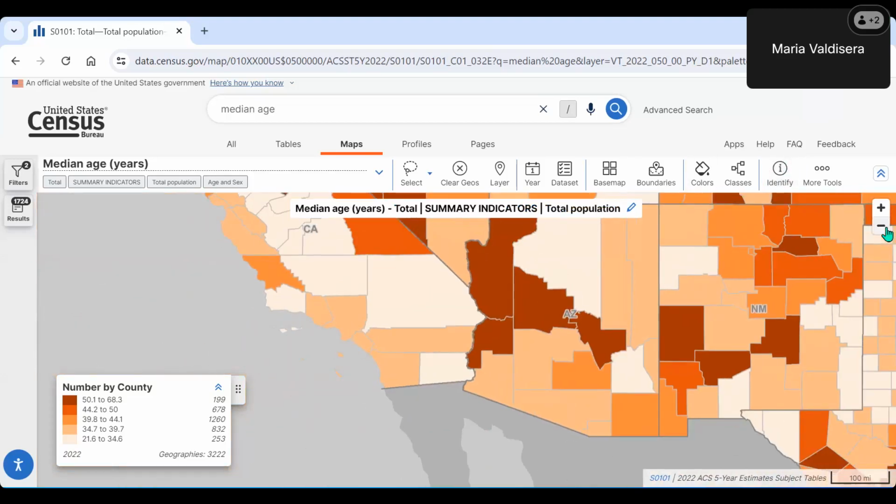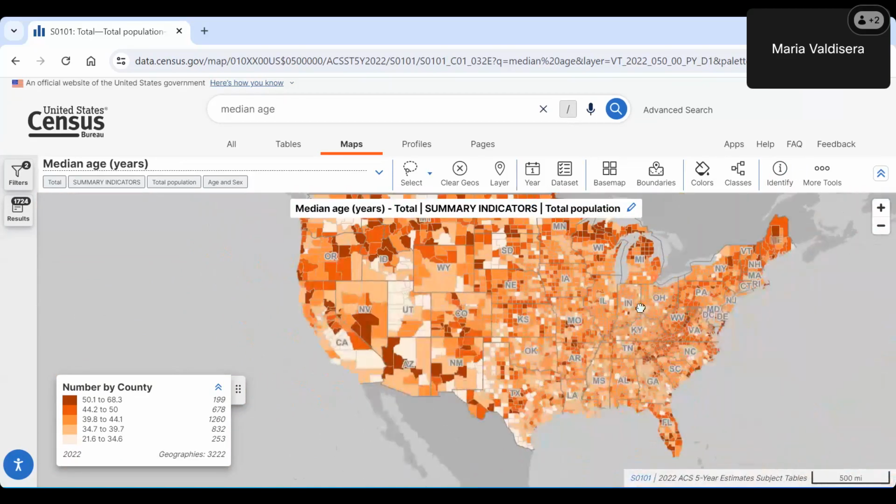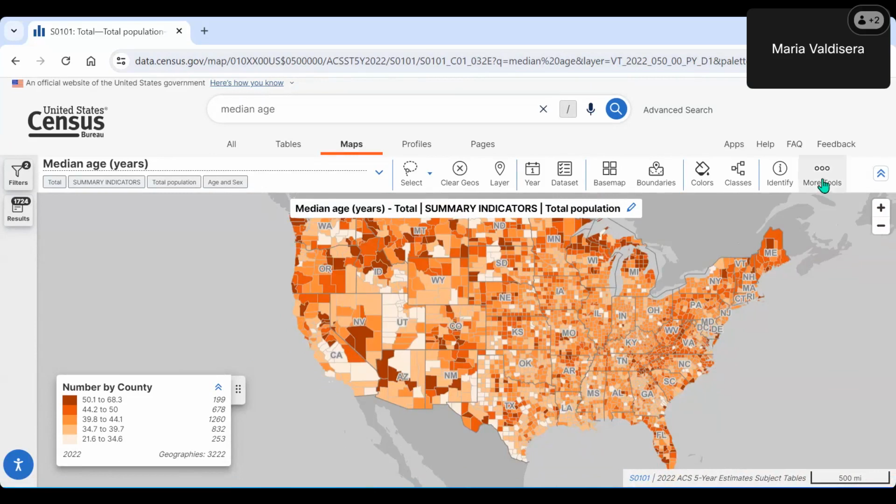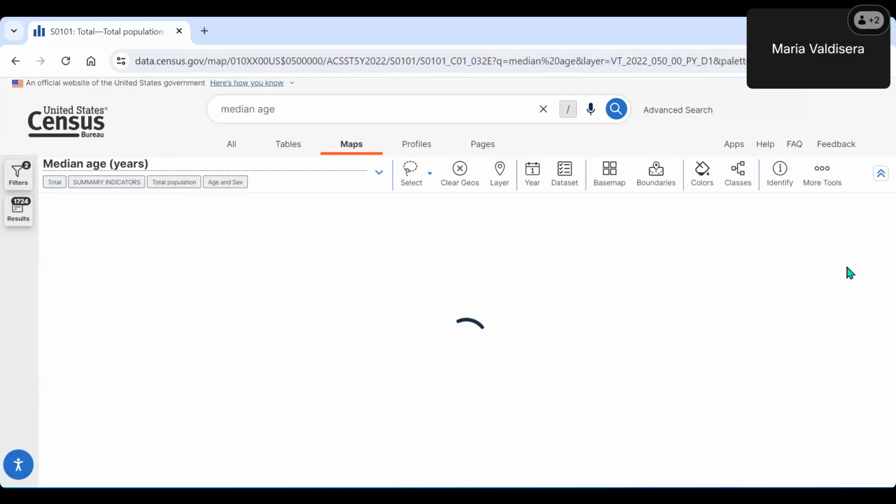I'm going to zoom out a little bit further here, just so we can get the full view of the map now. The other thing that I wanted to mention is that you can save this map via the URL. So you can copy it from the address bar and save it for later. You can bookmark it. One of the other newer tools that we have to offer, if we click into the More Tools drop down, is the print button. Now this allows you to save the map as a PDF with an image of the map legend, the variable being mapped, and the associated map and table notes. So it does take a few seconds, but it will download as a PDF.